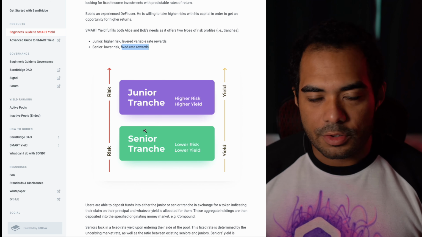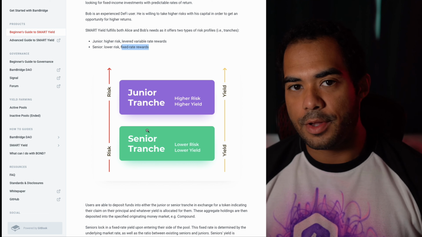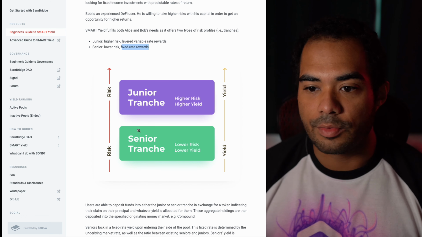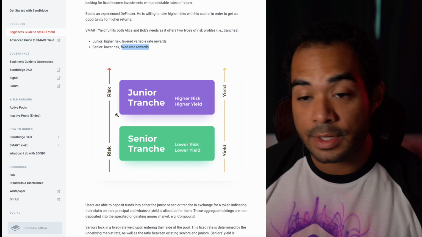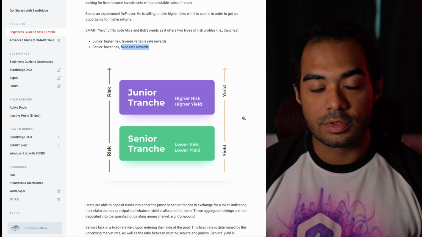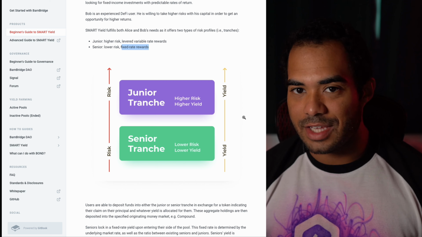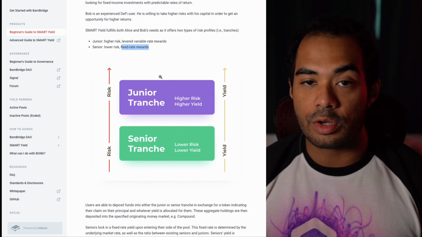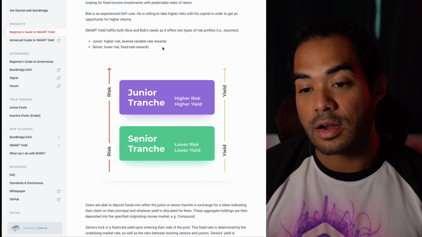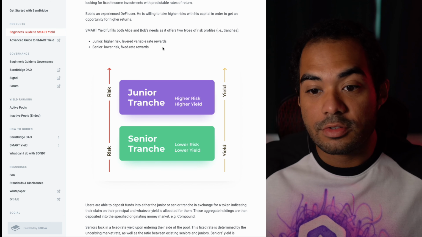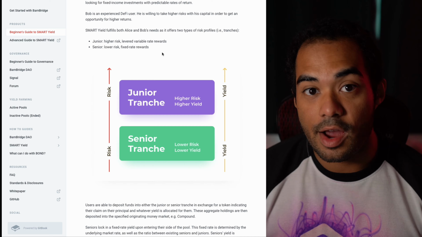And then, of course, it also works the other way too, where if the APR is really high in the originating protocol, whether it be Cream, Aave, or Compound, which are the different types of protocols they're using, then the senior tranche is going to get the same APR no matter what. But the junior tranche is going to be booming. They're going to be getting obviously a lot higher APR just because they took the higher risk. So, of course, they're going to get the higher reward.